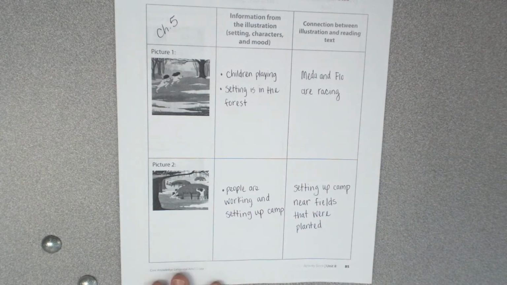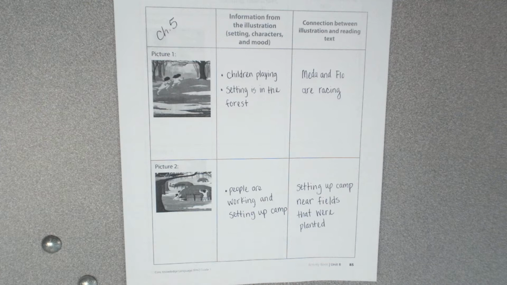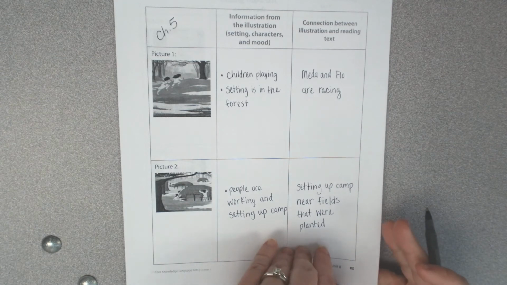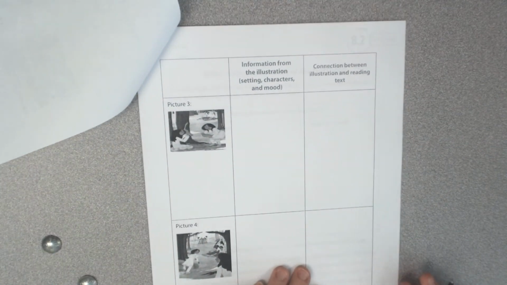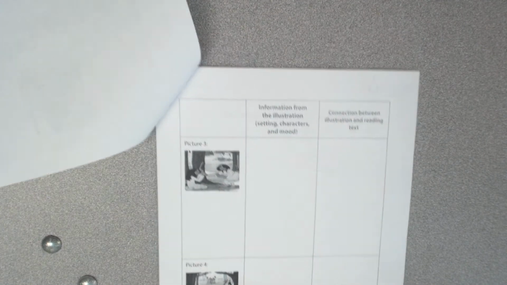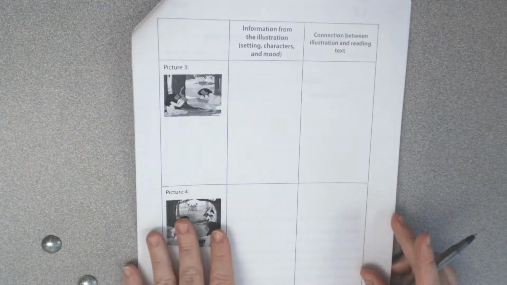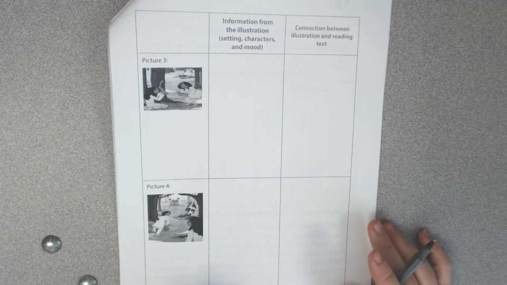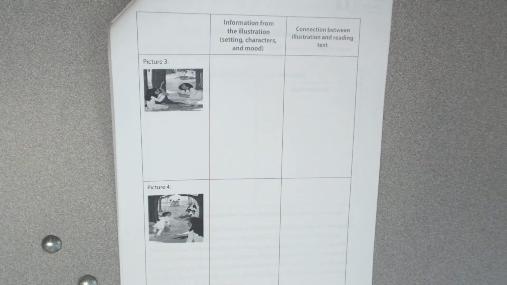So that's the connection, is that the same things happen in the illustration or the pictures that's also happening in the text. On the back, it has us look at pictures 3 and 4. Okay? So with pictures 3 and 4, here I noticed that